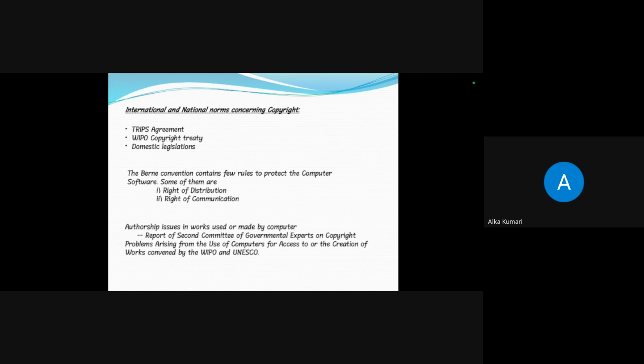Next, we conclude who authorizes the works used or made by the computer. For this, a report was published by the second committee of governmental experts on copyright problems arising from the use of computers for access to or the creation of works, convened by the World Intellectual Property Organization along with UNESCO in Paris in 1982. The major findings of this report were